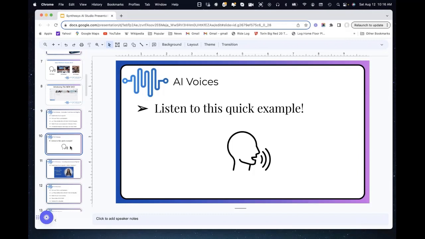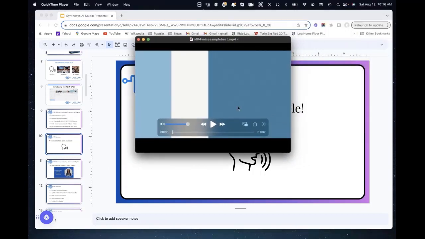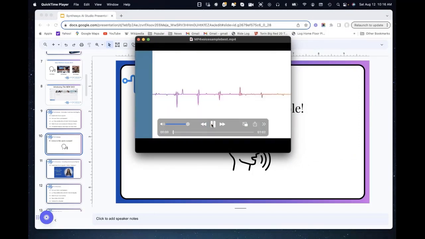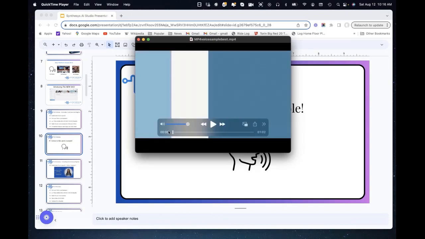All right, so what I'm going to do now is grab a quick example of exactly what it sounds like. I'm going to hold the microphone to the speaker. Now, last night when I tried this, I had a technical error, so I want to make sure that it works. Let's see. Yeah, it works. Good. All right, so here we go. I'm going to put the microphone to the speaker.